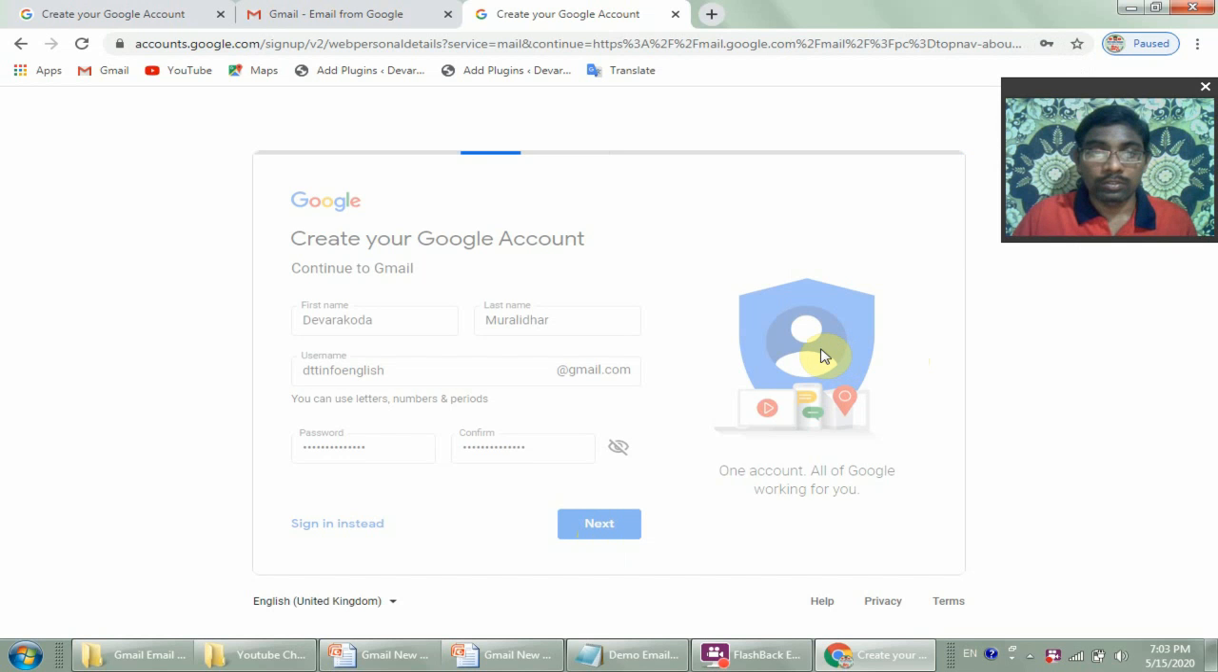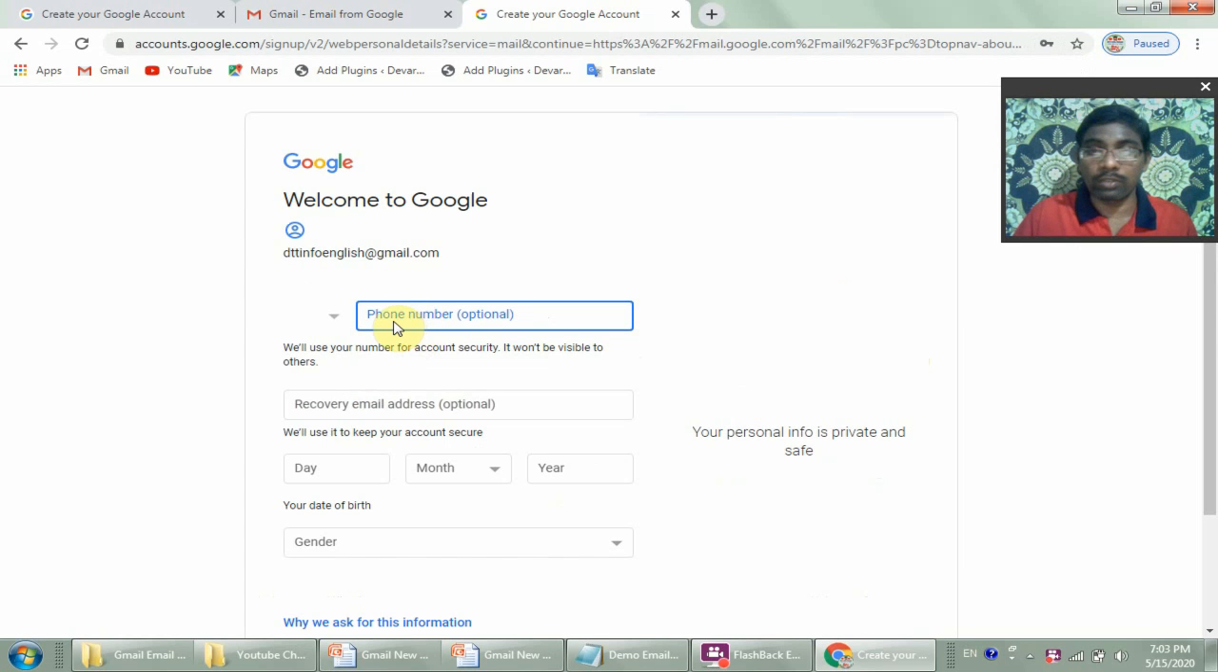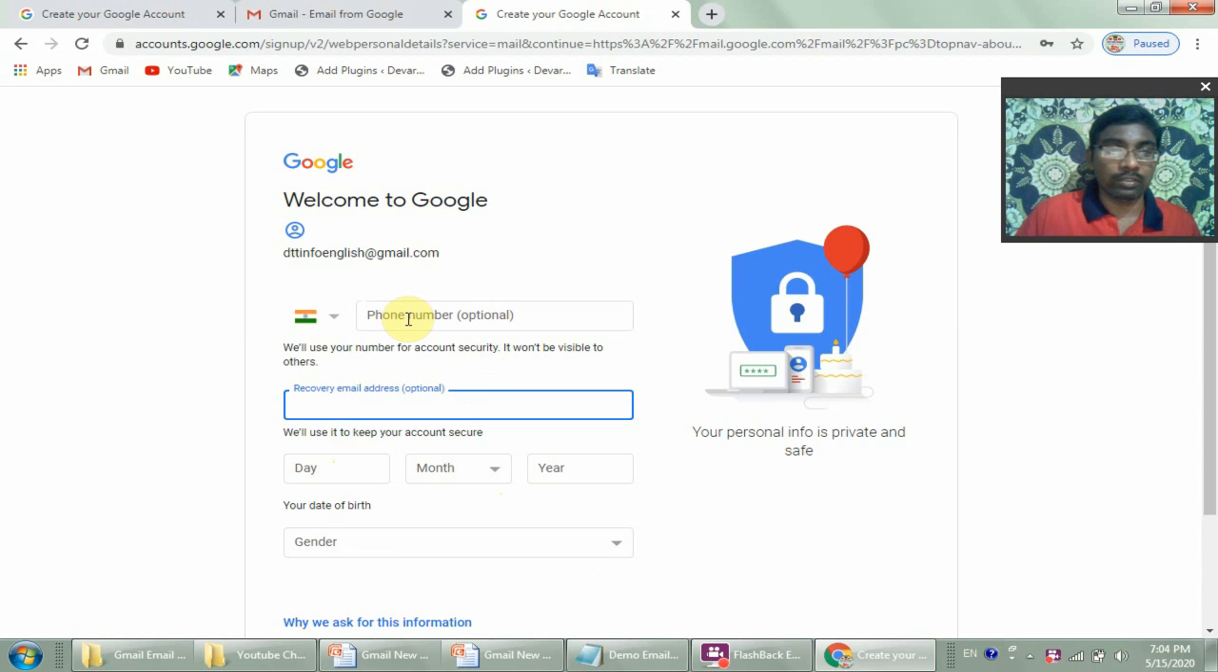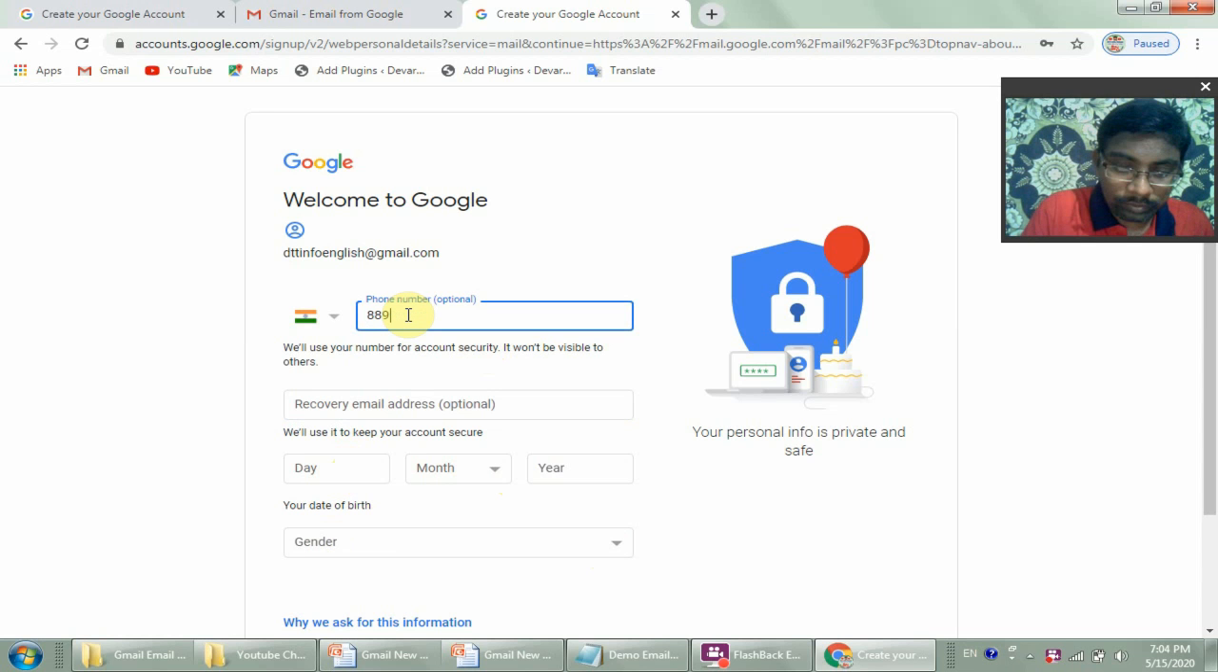So now we came to the next screen. See, this is the second screen. Here, friends, it is asking for your mobile number, your alternate email ID, your date of birth and your gender. So please enter as per instructions. I am typing my mobile number here. Everybody can see my mobile number also, but